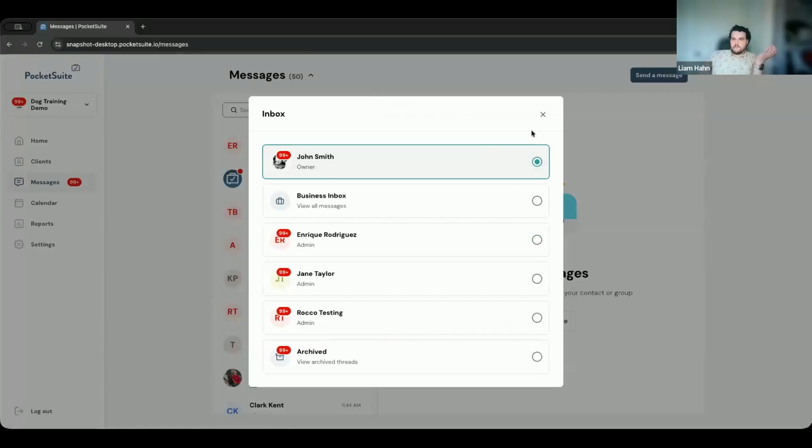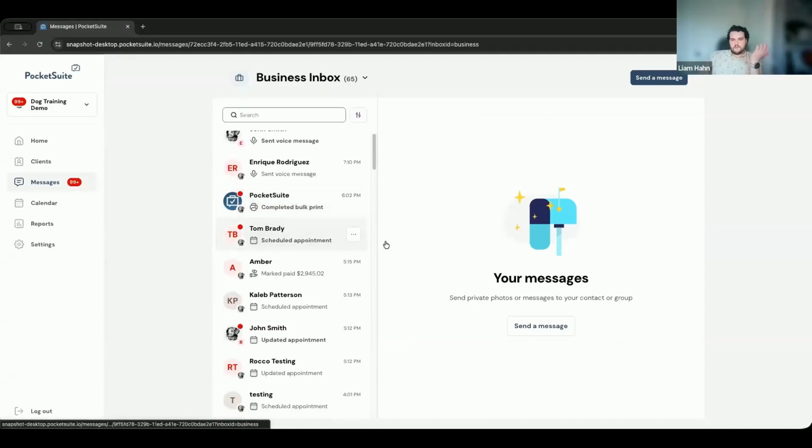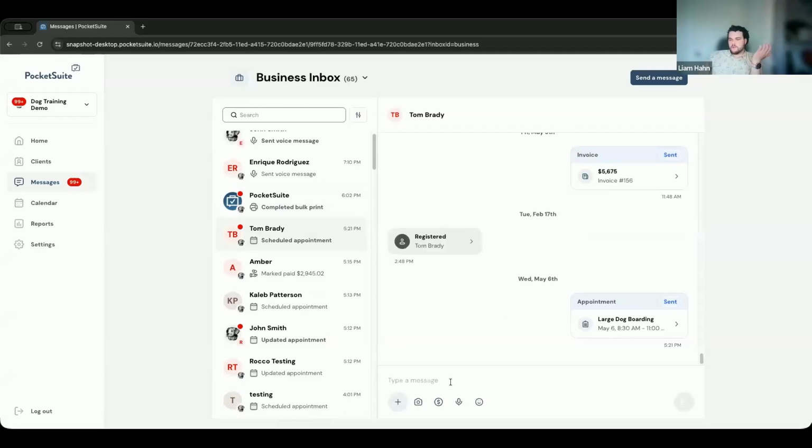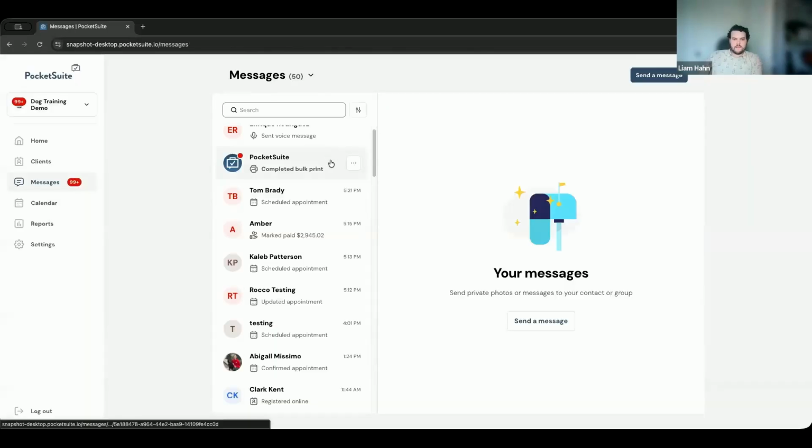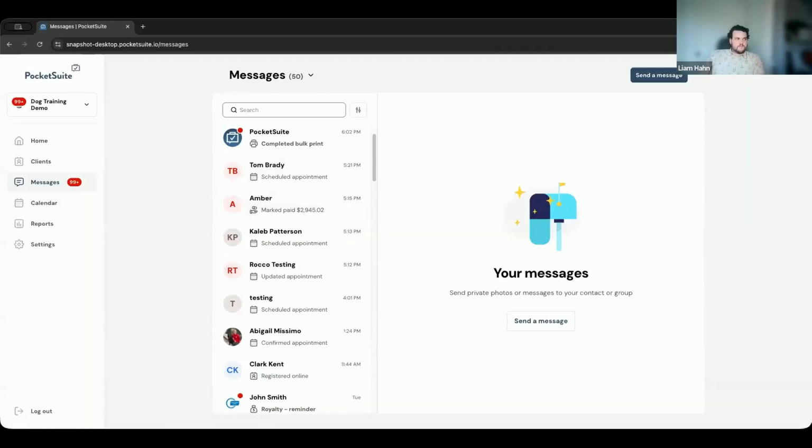And then at any time, you can always come back to your own inbox and in any thread within the business inbox, as long as you own it or are a member of a group chat, you can always send a message directly from this business inbox. So those are kind of the main updates for our